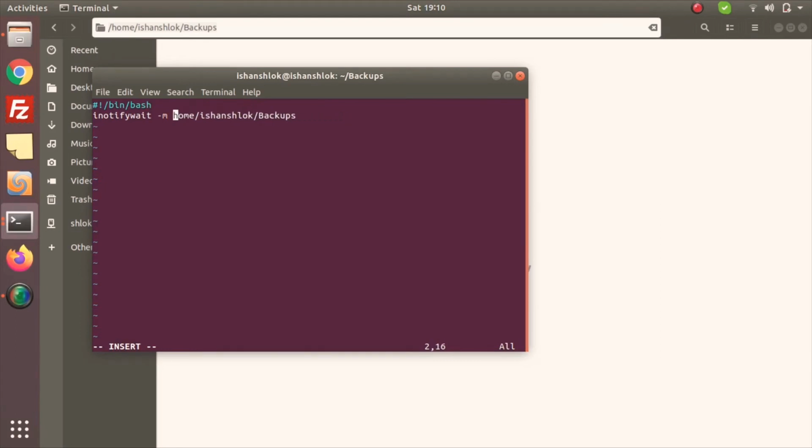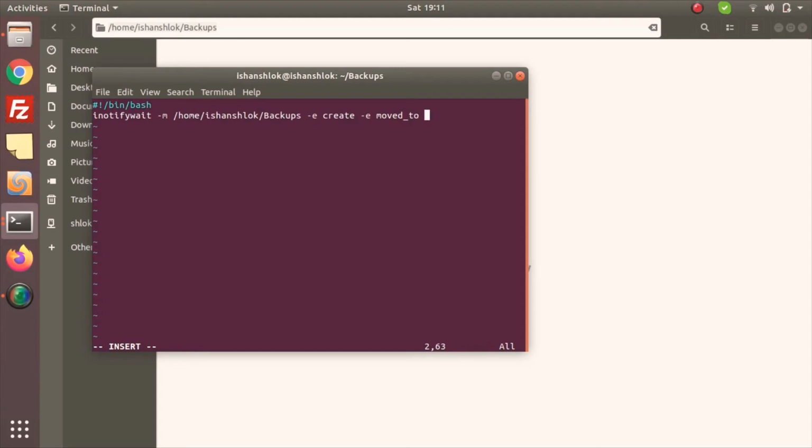After this we will give the events which we want. Generally, if you don't give anything, it will take every event as its trigger, but we need only events like create or events like when it is moved into that folder. So I will write -e create, -e means event, and moved_to.